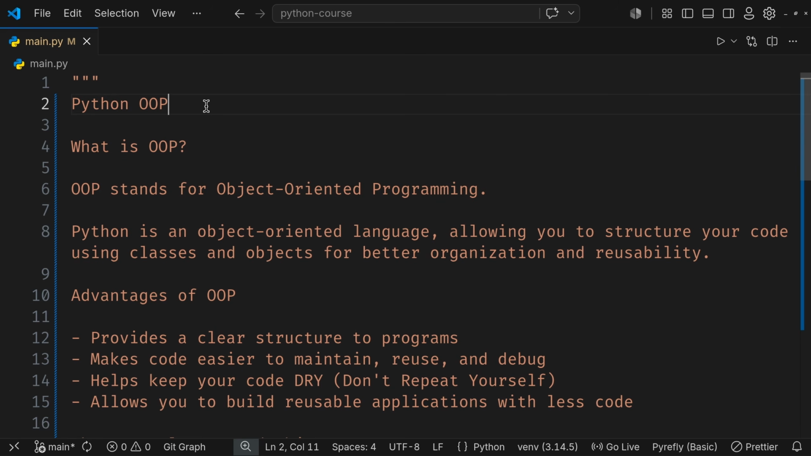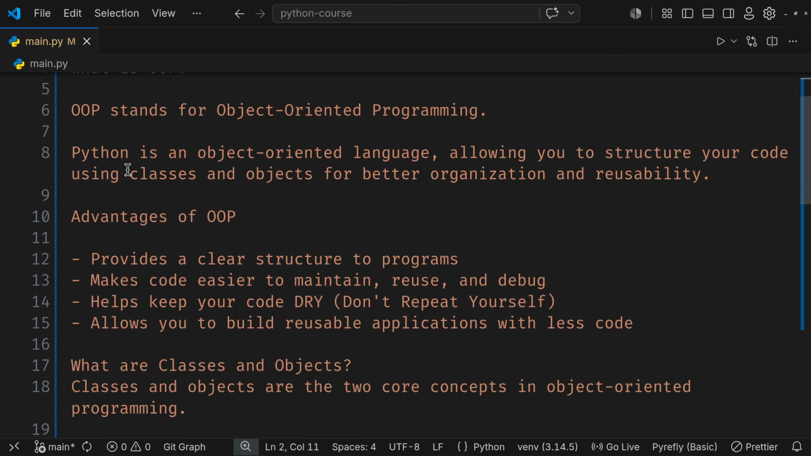Hey, welcome back. So now we will start learning about object-oriented programming, or OOP, in Python. So what exactly is OOP? OOP stands for object-oriented programming. Python is an object-oriented language allowing you to structure your code using classes and objects for better organization and